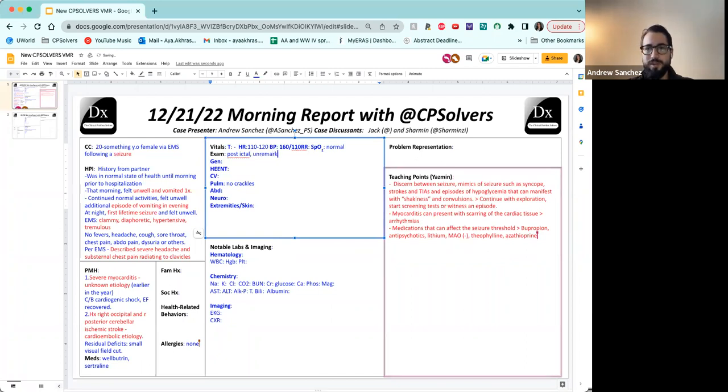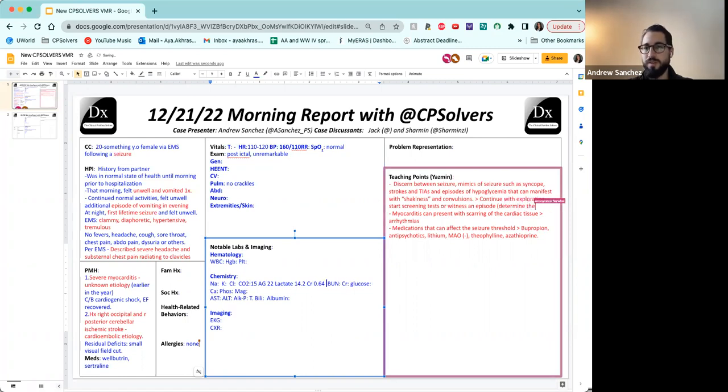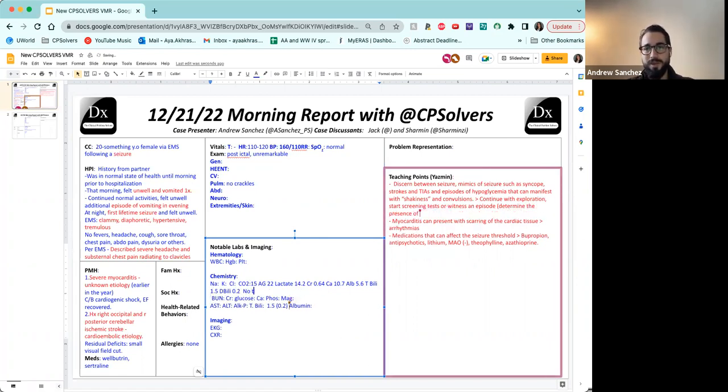So her initial lab showed a bicarb of 15, an anion gap of 22, with a lactate of 14.2, a creatinine of 0.64, a calcium of 10.7 with an albumin of 5.6, a T-bili of 1.5 with a D-bili of 0.2. Leukocytosis to 13.9. There was no funky differential on that. No thrombocytosis. She had a negative lipase, and her initial high sensitivity trope was undetectable,